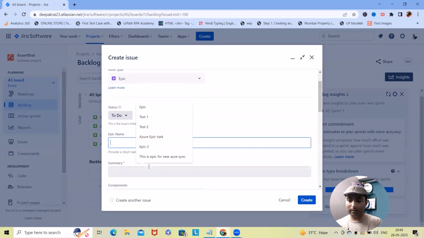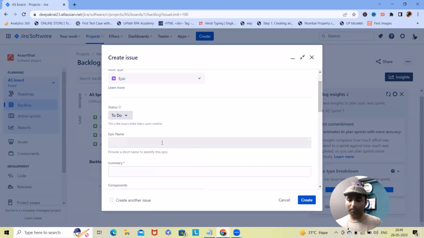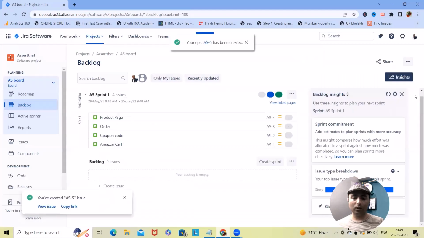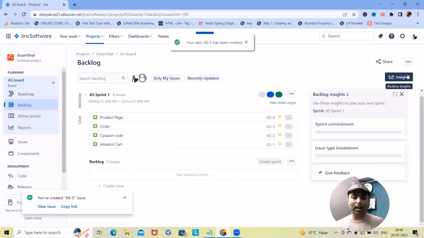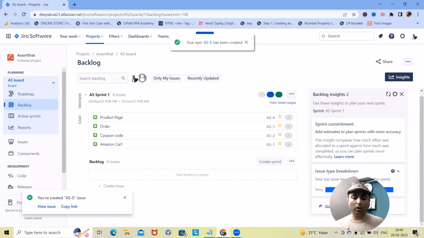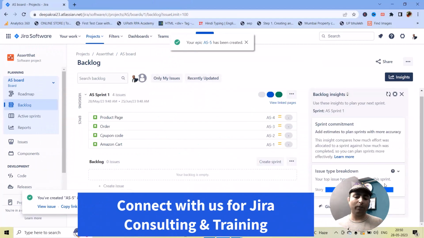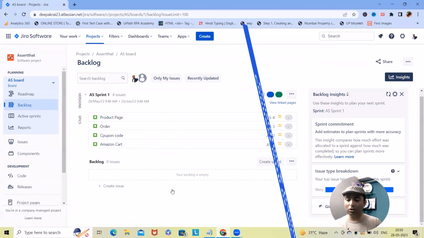So this is epic, test epic. Now that's done. Now, once I refresh this, you will have this story rather than the issue type to focus on. The sprint is story, but this is not the right case where we have just not moved any of the options into this sprint. So let me